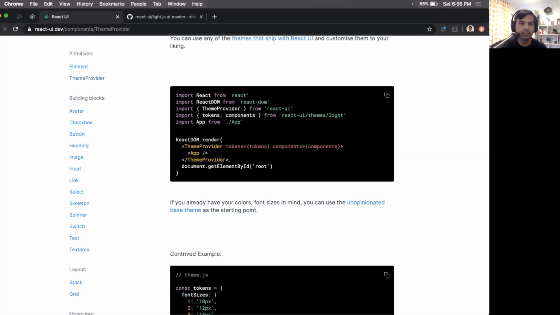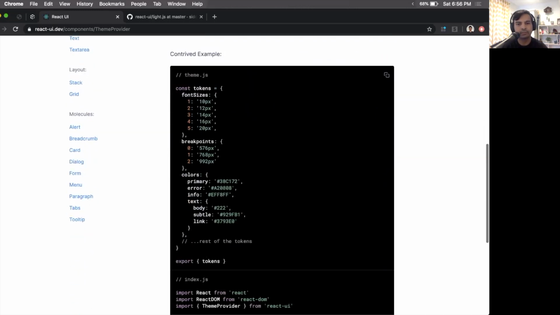So while we are on theme, I saw this list of font sizes below here, right? You have mentioned 5 or 6 font sizes. So is there a recommendation about how many font sizes we should ideally define for our application and how many font sizes to use in a particular page?